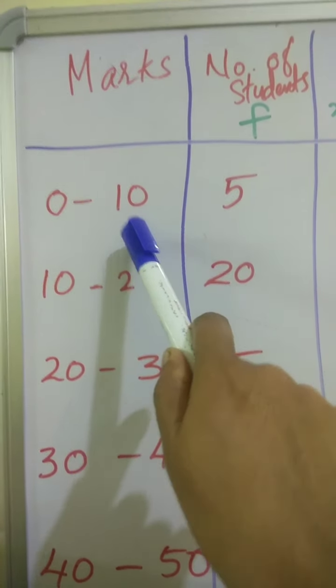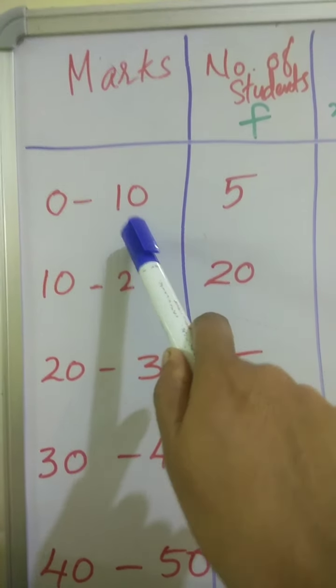First we have to find the D column. As you know, D means x minus A, where A is the assumed mean. We have to take this assumed mean from the x column. Find out dx, and find out sigma dx. Then, in order to find the step deviation, we should know d dash. So make the column of d dash. You know d dash is equal to dx by c, where c is the common factor. Then find out the d dash column.